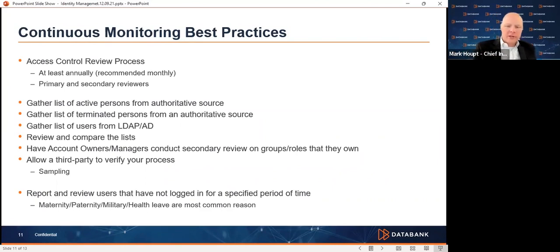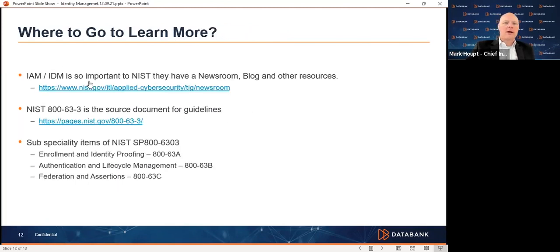HR and say, is there a health issue here where this person's been on medical leave, paternity leave, maternity leave? Are they a military person that's deployed right now? And in those cases, we would take that and we would then disable the individual until they came back from whatever kind of leave that they were on. So you can see how these continuous monitoring functions layered on top of your normal life cycle processes add an additional layer of control, an additional layer of propriety to what we do within IAM.